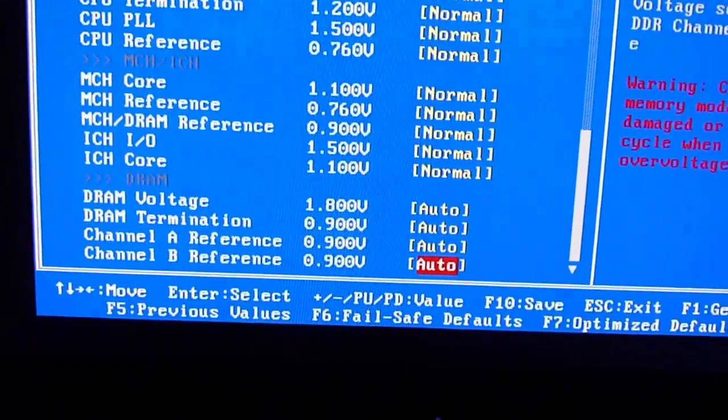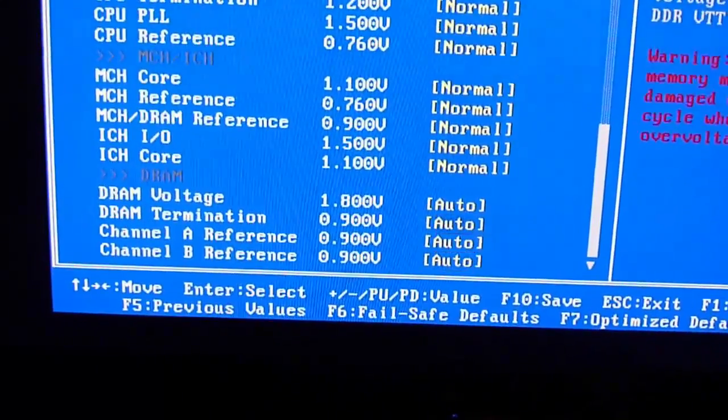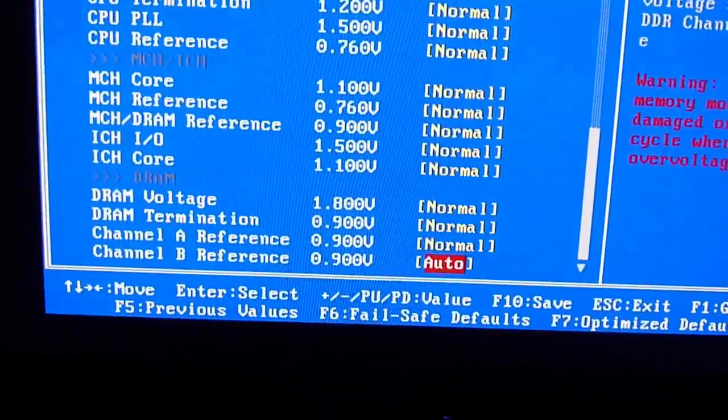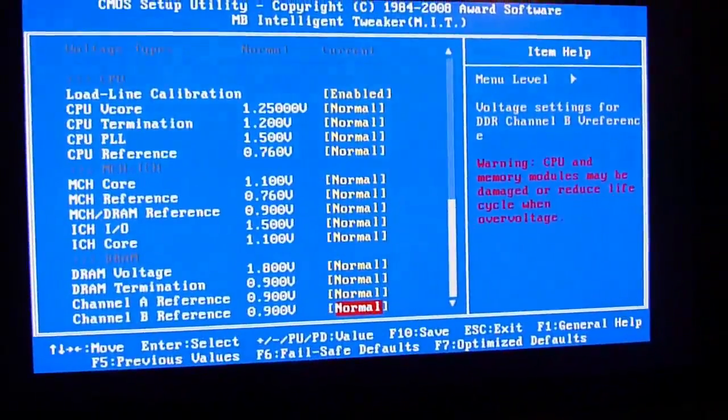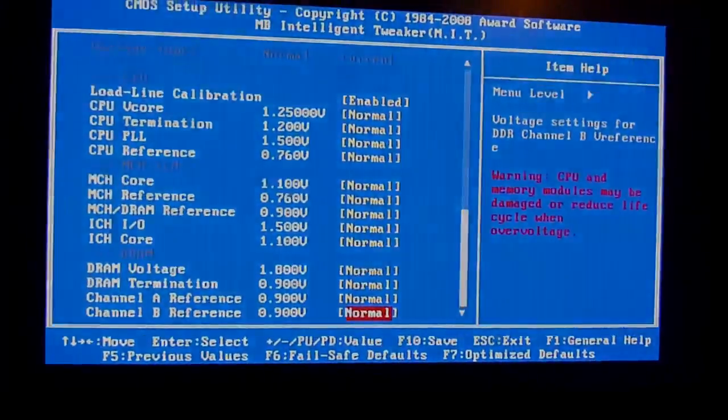I should have told you guys this a minute ago. Normal, normal, normal, normal. Why do we want to do this? Why do we want to set these as normal? Because if you set them as auto,